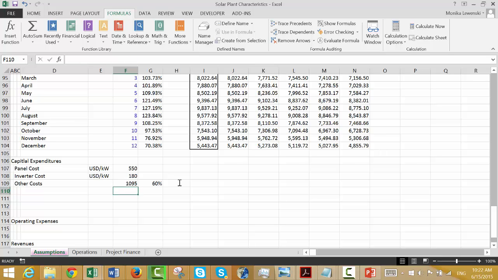So let's see, so then we sum these. This is a little bit high. Let's just see, is this one 60% of the total? Did I do that right? Yeah. Let's do it a little more elegantly. How about this? We'll just type in 60%, and then we'll put 1 minus that, and then we'll multiply that by,